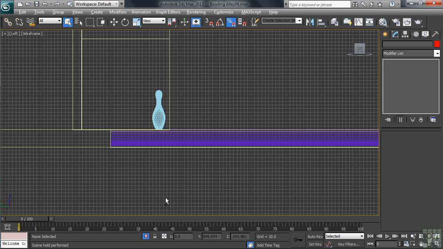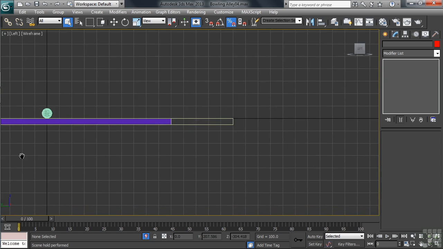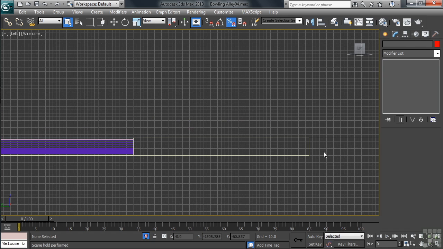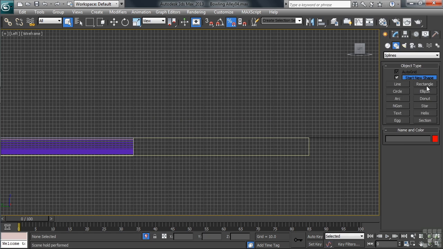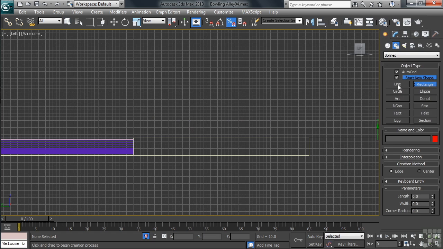Now, the ball return will be positioned down where the bowling ball will be thrown. So in relation to the objects that you see in the view, let's scoot over to the right-hand side. Once we're there, we'll activate the rectangle shape command. Turning off the auto grid, we'll now draw our rectangle above the floor just to the right of the gutter